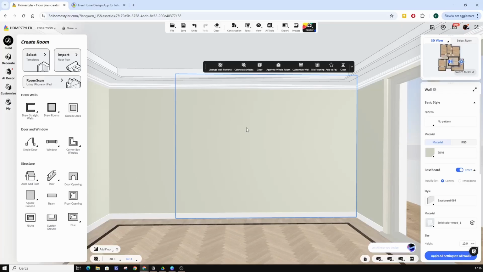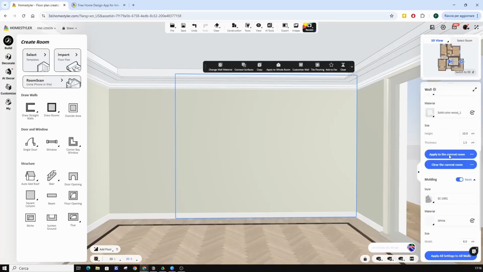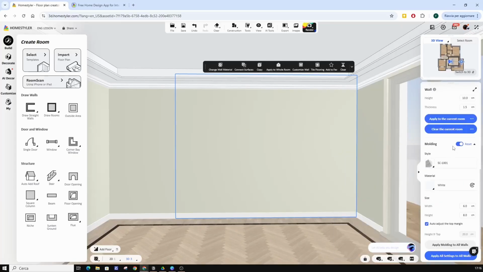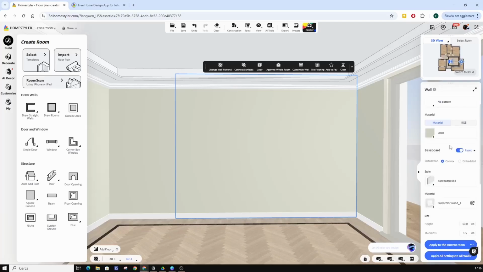Only in this mode can we activate the moulding or baseboard options. Otherwise, if the walls are connected, these functions are not available.